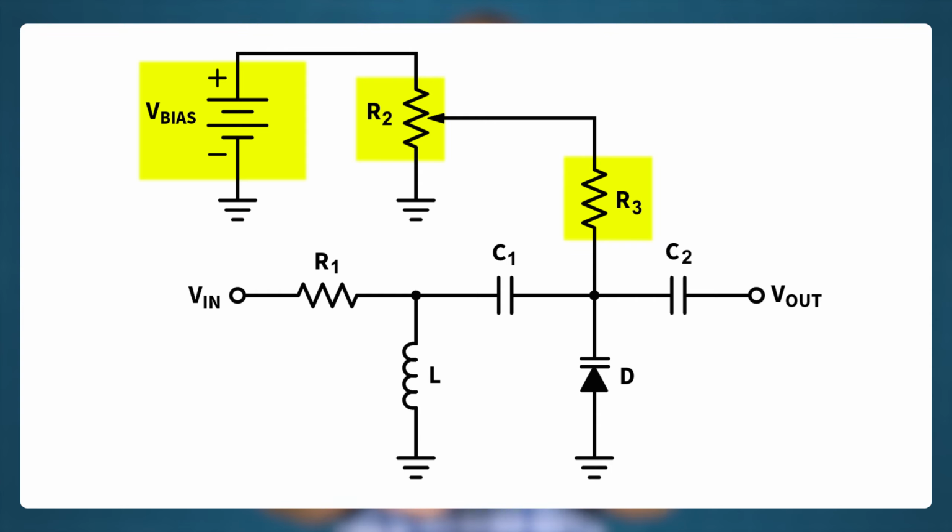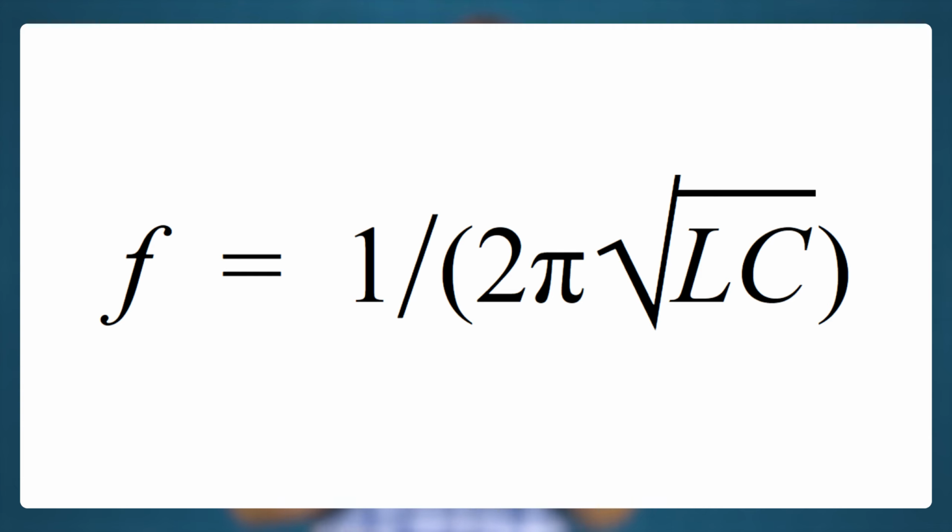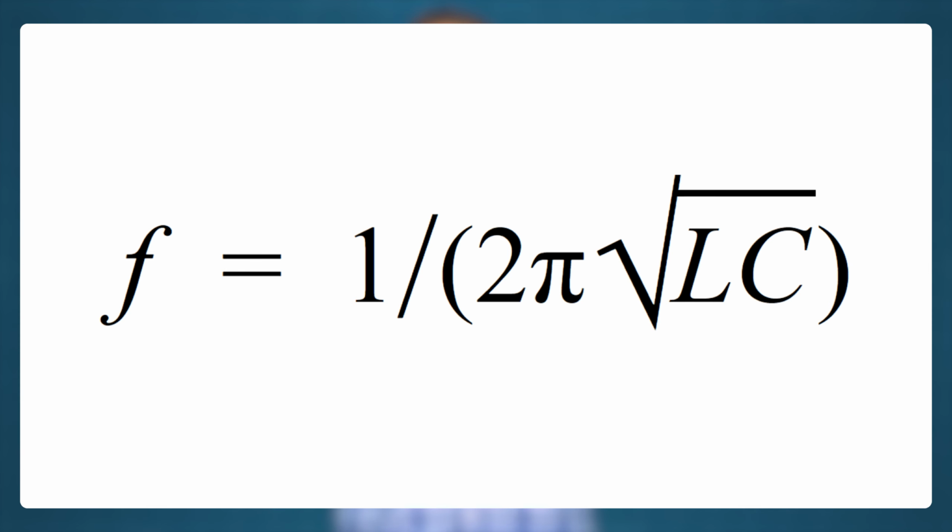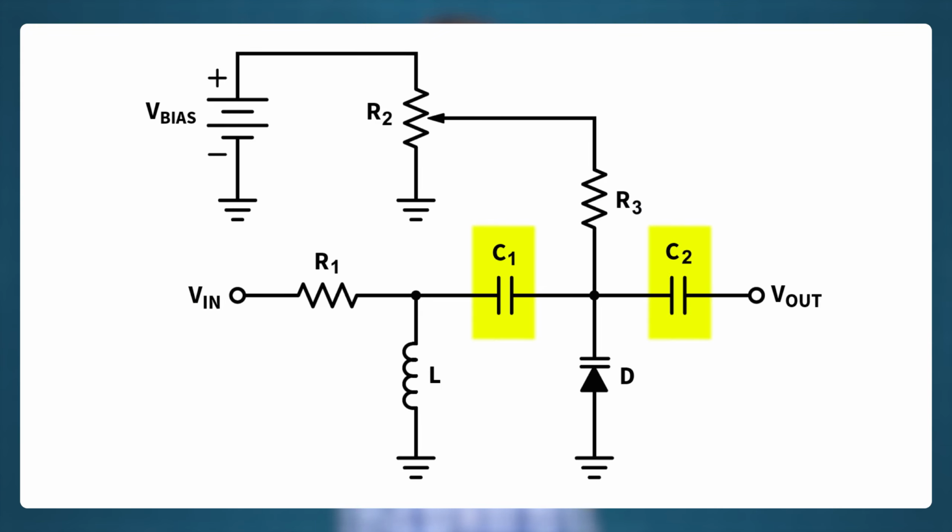Turning its knob would vary the voltage applied to the VariCap diode. Rotating R2's knob up increases the reverse bias applied to the VariCap, thus the capacitance of the VariCap diode decreases. Using the formula above, the decrease in capacitance will increase the resonant frequency. On the other hand, rotating R2's knob down decreases the reverse bias applied to the VariCap, thus the capacitance of the VariCap diode increases. Again, as the formula shows, the increase in capacitance will decrease the resonant frequency. Capacitors C1 and C2 in the circuit have negligible effect on the resonant frequency. They're only there to block the flow of DC current from the voltage source going to the source input in the output load of the circuit.